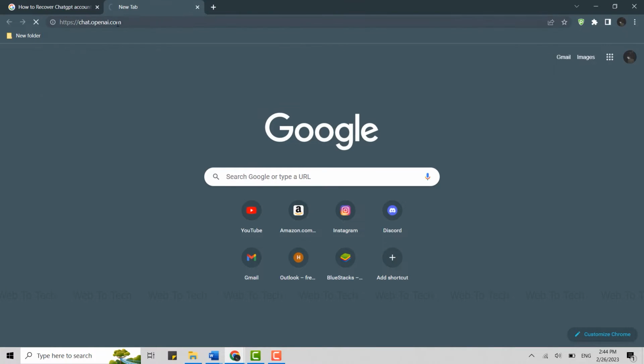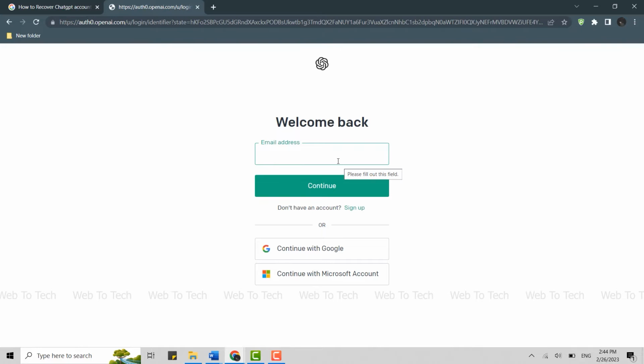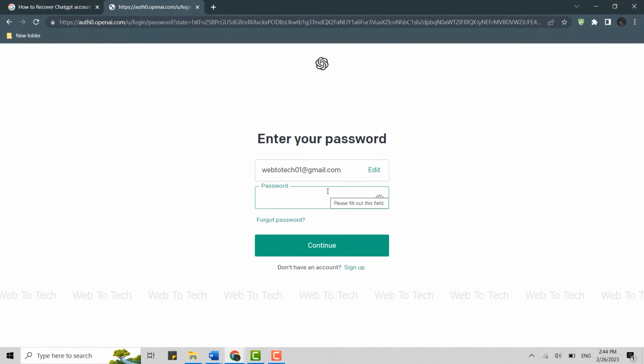chat.openai.com and press enter. This will direct you to this page where you need to click on login. Click that. Once you're at this page, you provide the email address of yours and then click on continue. Now on this page, as we are going to recover the account password, you need to click on forgot password